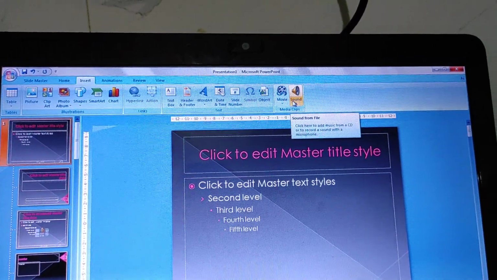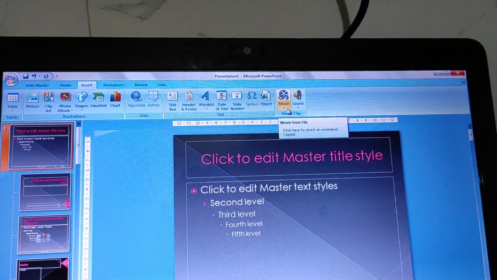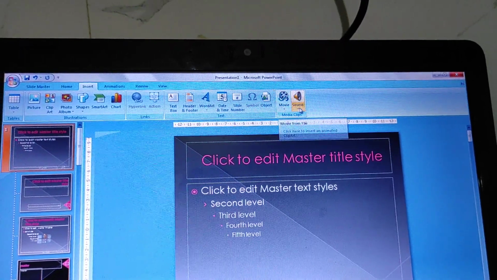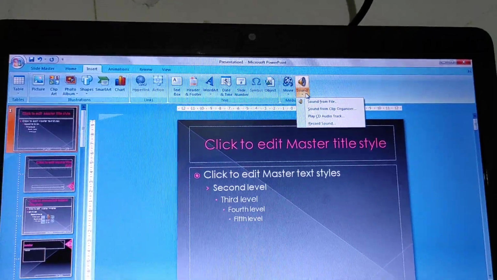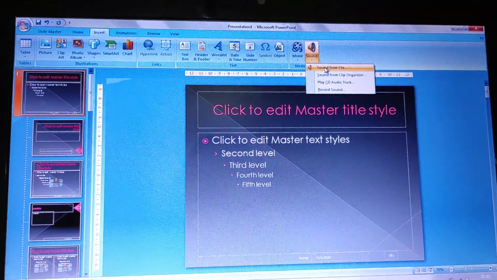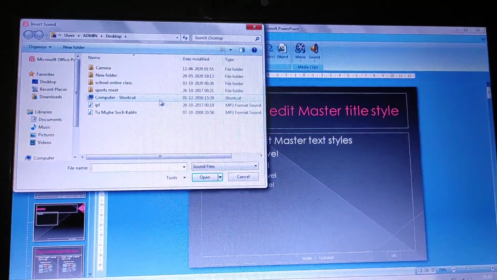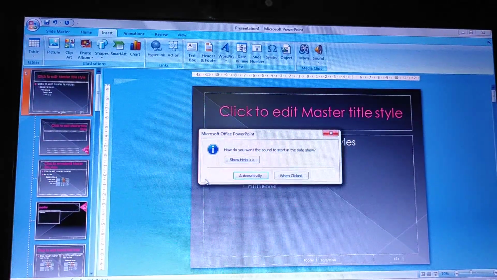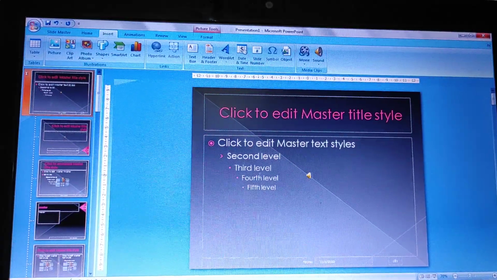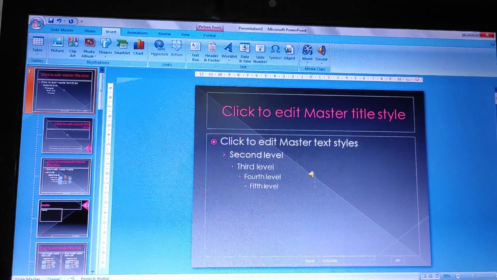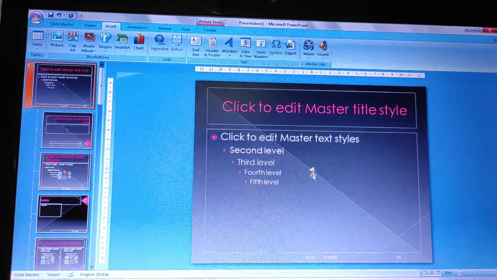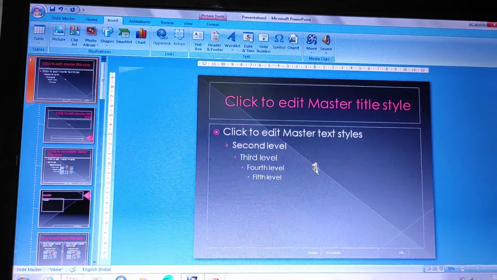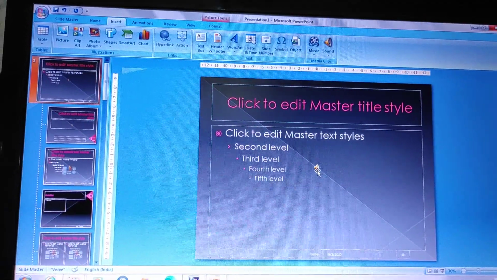If you want to apply, the method is the same for both options. So I just choose sound, and sound from file. I choose an IPL music file, then OK. Then this icon will appear on your slide. That means the sound is included.